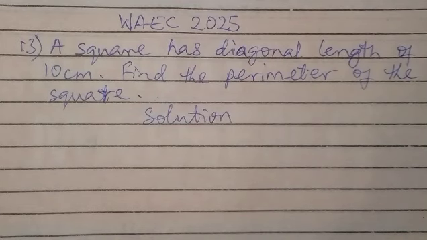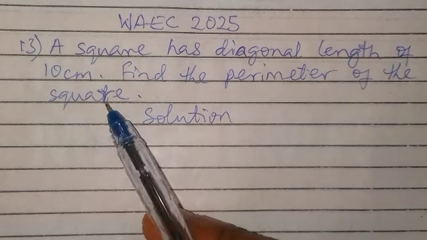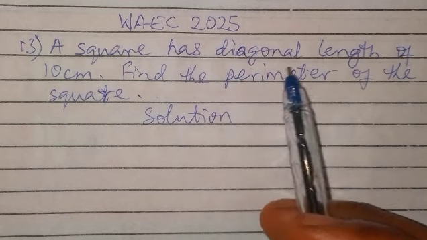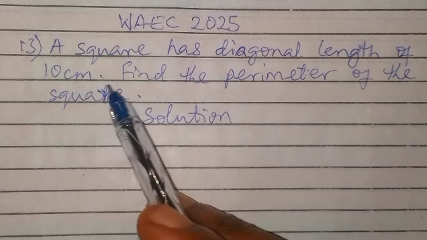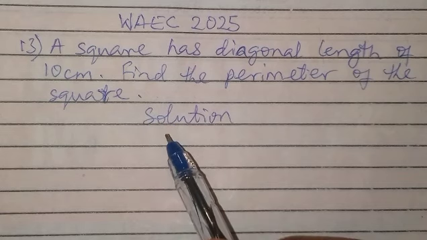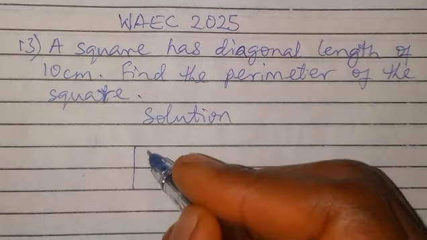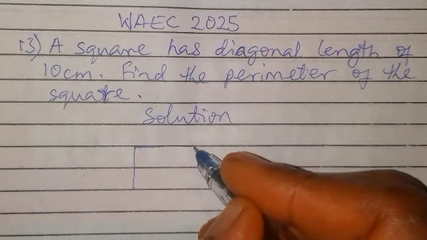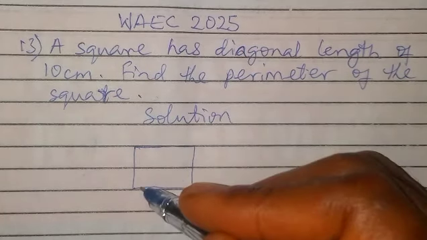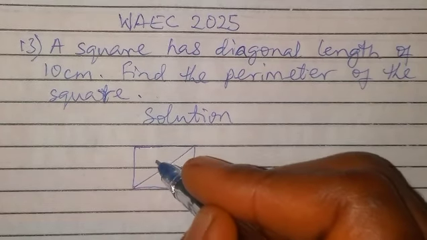Hello everyone. Let's look at this question which says a square has a diagonal length of 10 centimeters. Find the perimeter of the square. So let's draw a square, and this is the diagonal of the square, which is 10